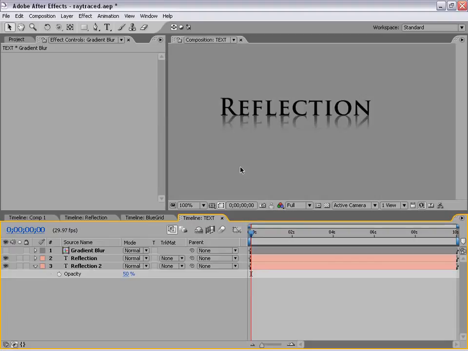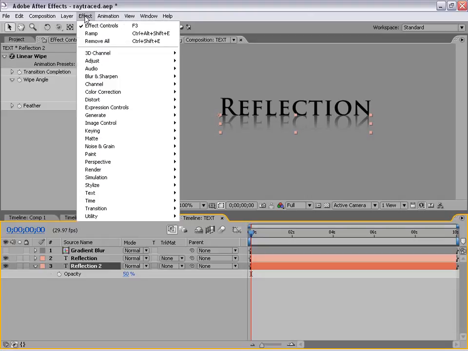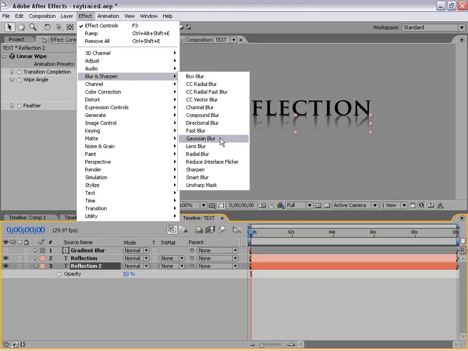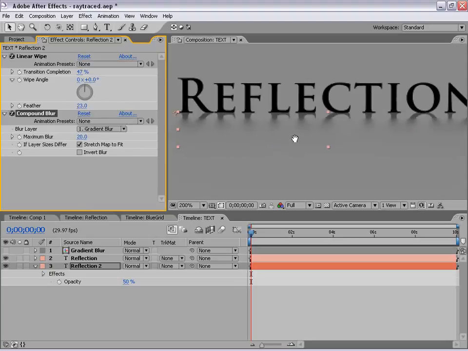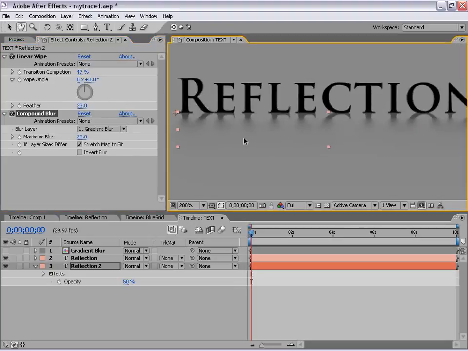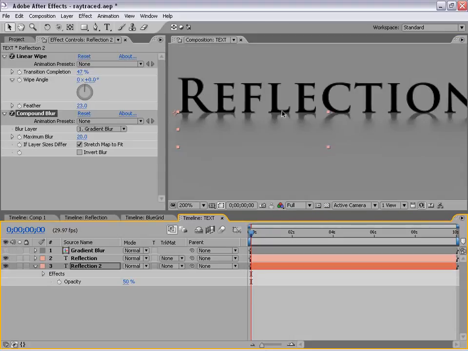So I'm going to zoom back in here, and with our second reflection layer selected, I'm going to choose Effect, Blur, Compound Blur. And then I want to use the blur layer as the gradient blur. What it's going to do is analyze that layer and use itself to generate blur. So everything that is white is most blurry, and everything that is black is not blurry. As you can see, the black area here is going to be not blurry, and it's going to slowly